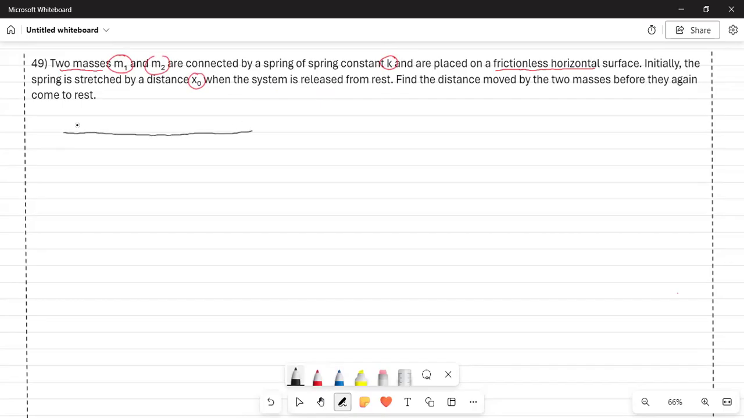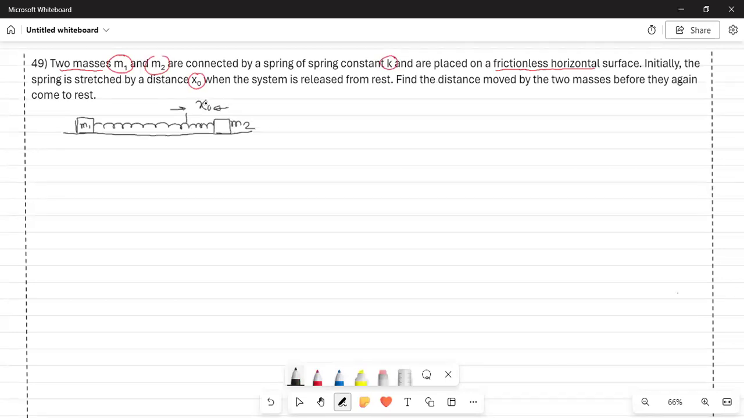this is a surface and there are two blocks, M1 and M2. They are connected by a spring. And it says initially, let's say this is the neutral length of the spring. It is stretched by a distance of x naught. Since it is initially stretched, obviously,